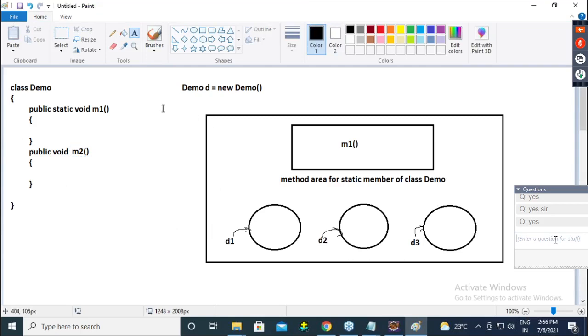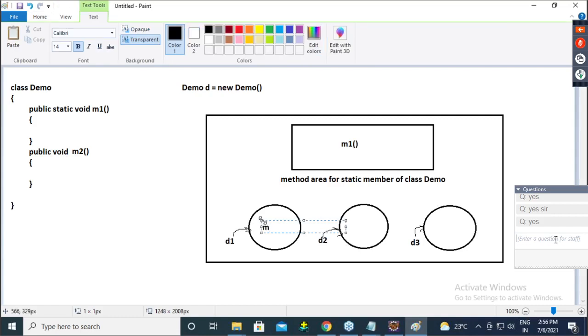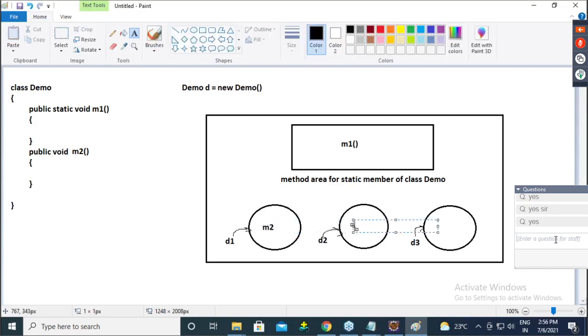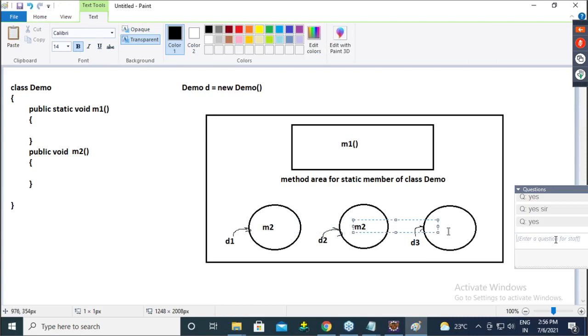So at least, guys, M1 will go in the method area, where all static members go. But M2 will not go in the static area, it will go in the object. Yes or no? Non-static members load in the object. So here M2, here M2, here M2.